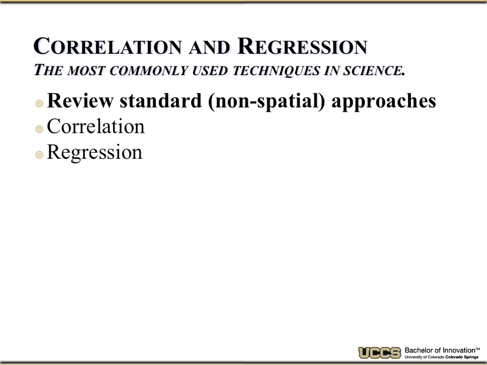Okay? Now, the next thing we're going to talk about is another place where computer scientists have tremendous advantages compared to the rest of the world, the physical, natural sciences, because when we talk about correlation and regression, we get to control a lot more about what our models do. So the first part of this, I'm going to do very classic, here's what stats talks about, and then I'll come back to a little bit more about what's different in how we do this in computer science. Okay, so I'm going to talk about here what are called non-spatial approaches to correlation and regression.